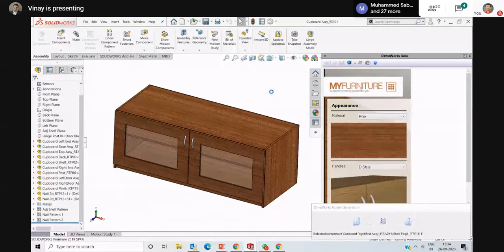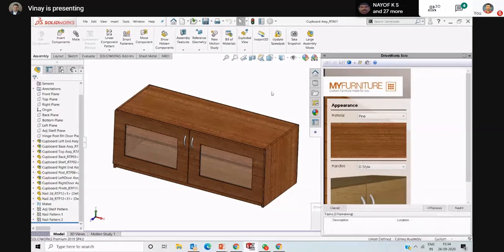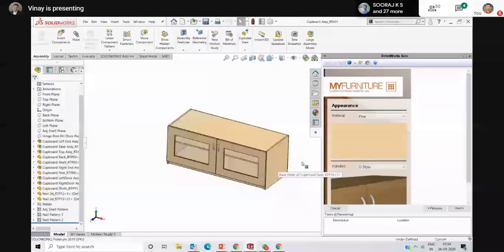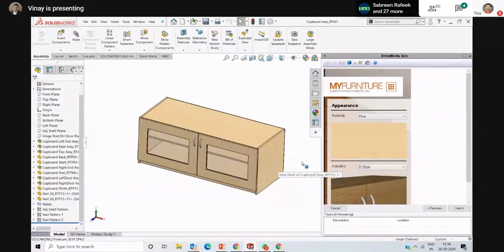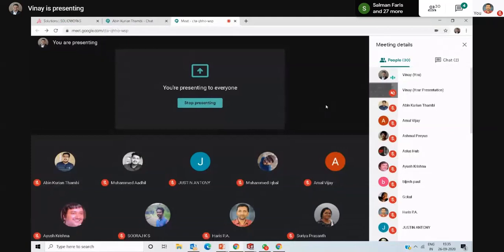See, the entire outlook of the box will get changed. Means the material will get changed. See, pine material like this. This is the trend of today in the industry. Today's trend in industry is this automation. Okay, students, so you have to get ready yourself. You have to prepare yourself for this automation.